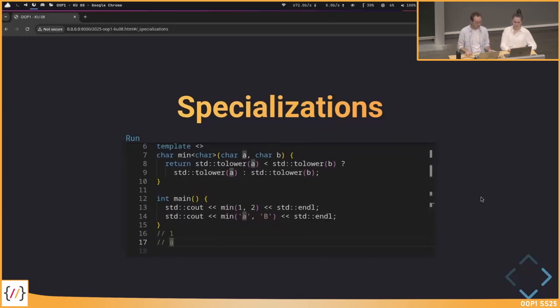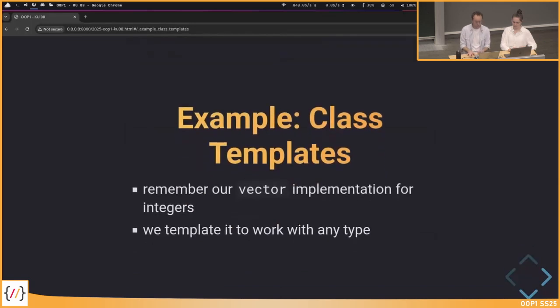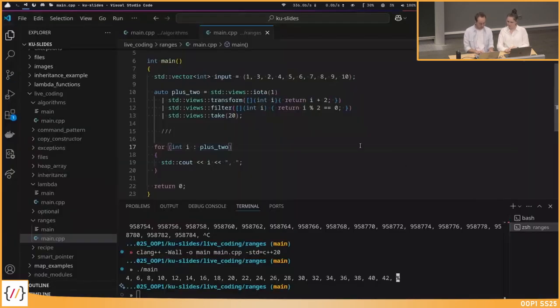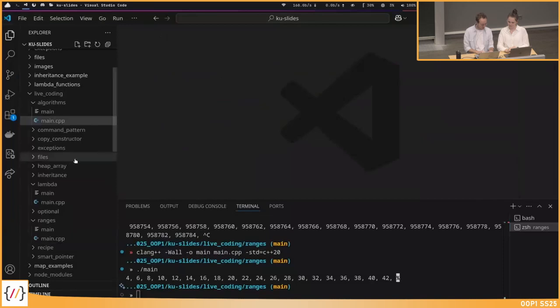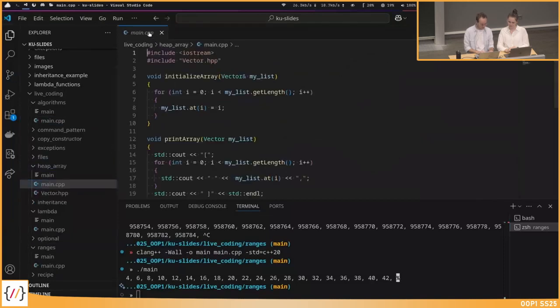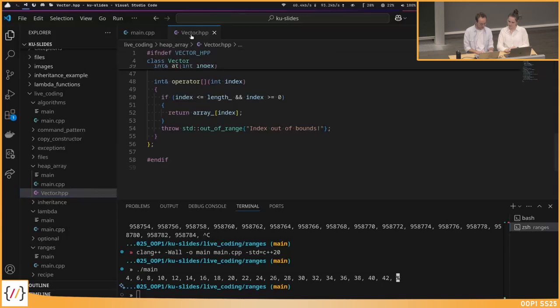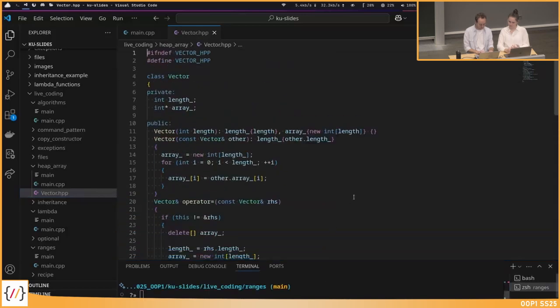But this does not only work with functions, it also works with classes. And this is now a very quick fix, because we had implemented our heap array at some point during the lecture. We extended it multiple times. And unfortunately, it only worked with integers. And now it's a very easy fix so that it also works for a generic data type. And let me open it from the last time. So we have our vector. And okay,